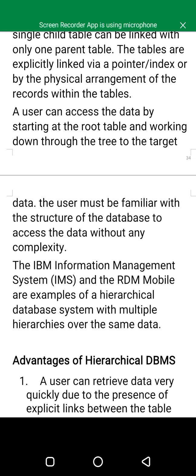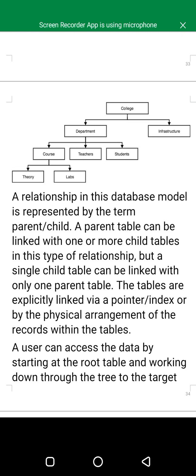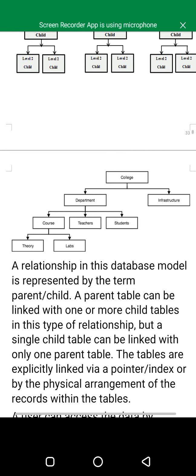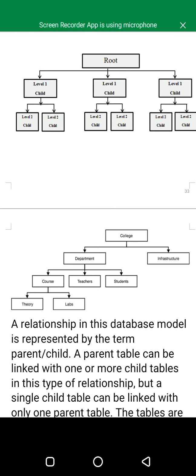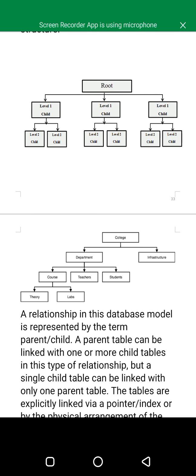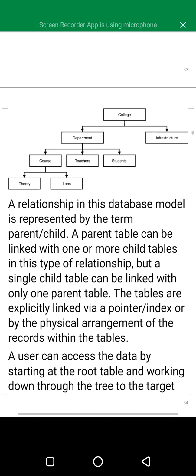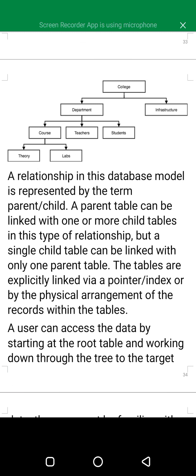So let me try to explain what we mean by the child and parent relationship. From the illustration you're seeing right now, this one at the top, college is the parent, while department and infrastructure are the child.